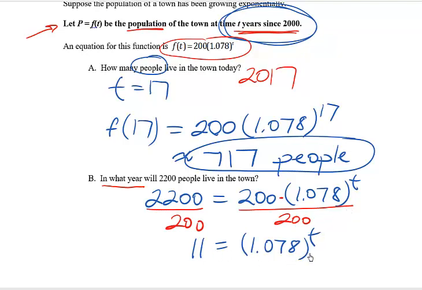But now I'm stuck. I'm looking at this thinking, how in the world am I going to get that t by itself? For one thing, it's up in the exponent position. It's not even on the main line. How in the world will I even get it down to the main line, let alone isolate it? Well, the thing is, we have no way to do that at this point.